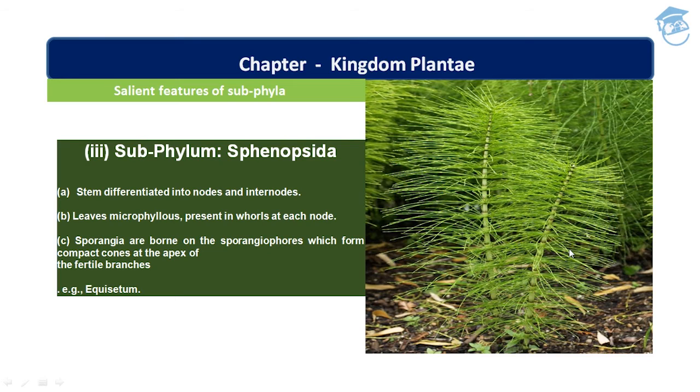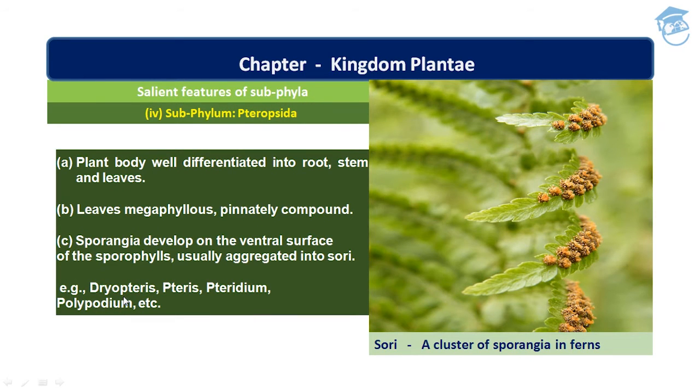And sporangia are borne on sporangiophores, which form a compact cone at the apex of fertile branches, and it is seen in Equisetum. Okay, so an example of Sphenopsida is Equisetum. Now the fourth subphylum is Pteropsida, wherein the plant body is well differentiated into